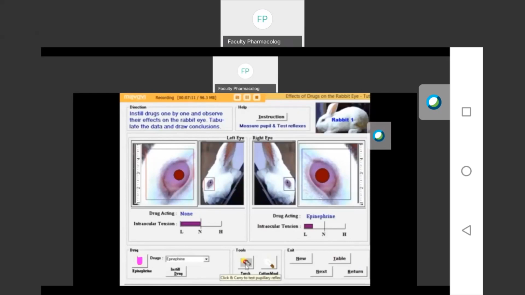So you have to note down the parameters of epinephrine. Then note down the 4 parameters.